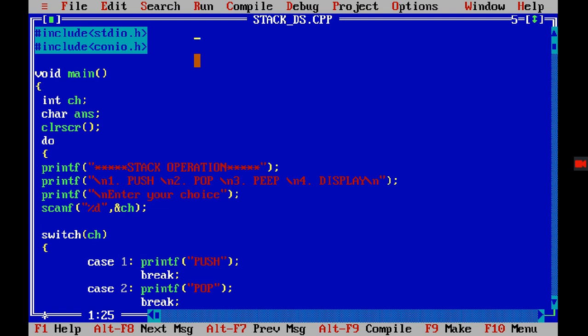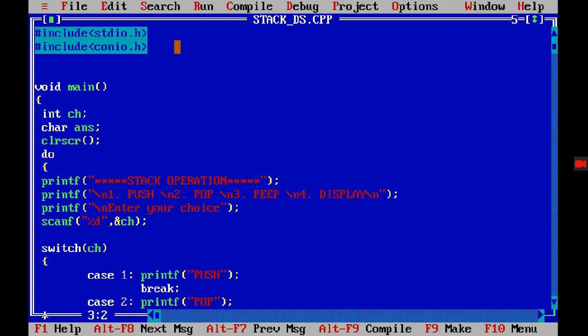Then the second thing we need is the maximum, right? Max size, right? So for that, what I am doing, I am just initializing globally, right? Globally I am initializing the stack, my array stack, with the size of 5.